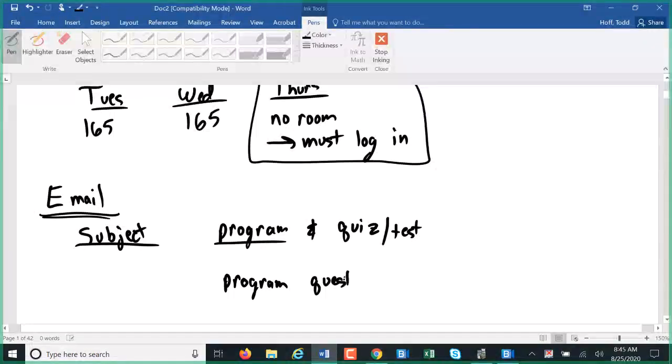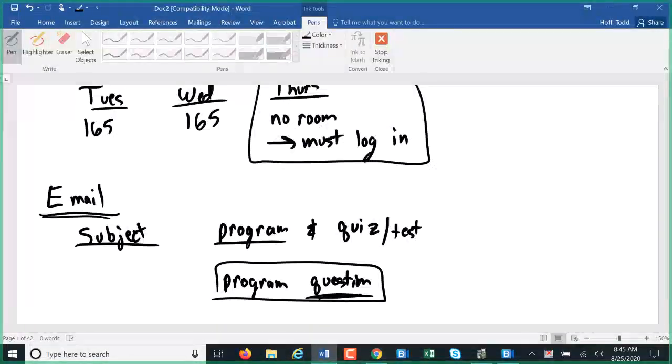If you have a question or something you need answered, if I see the word question in the subject line, I will know it's something I need to look at and respond to quickly. So that tells me it's not an assignment submission, it's a question that you need me to respond to. So if you do that in the subject line of your emails, that'll help me respond to you a lot